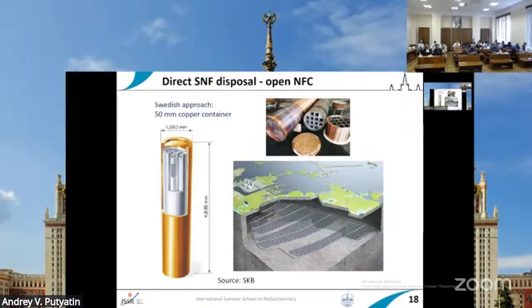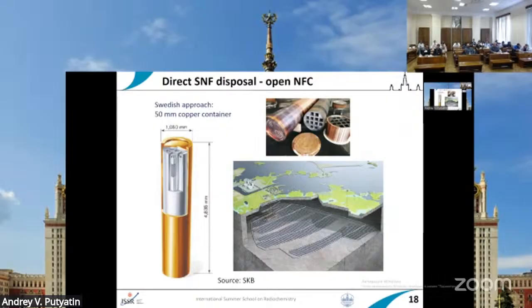Because when we put uranium dioxide in the fuel, it is a very strong ceramic pellet, with very low solubility and very good mechanical properties. So actually, inside our fuel assembly, it is already a good ceramic form for uranium and all the fission products. So there is no need to reprocess it or to treat it to solidify, because it's already in solid form,